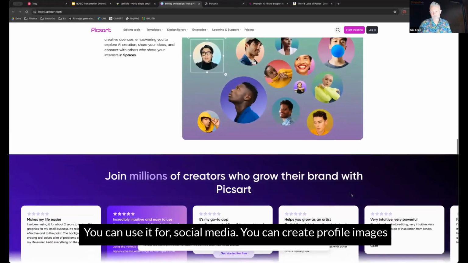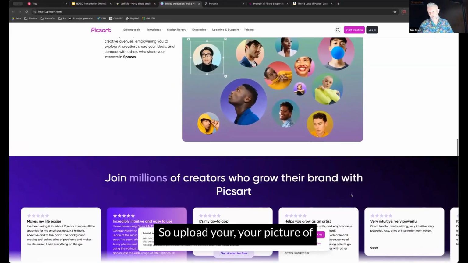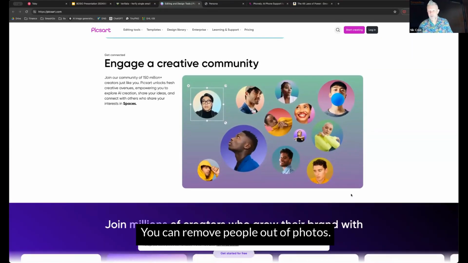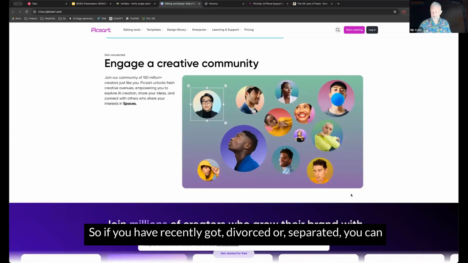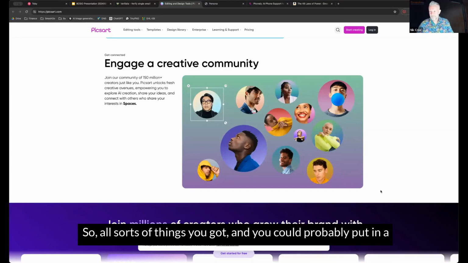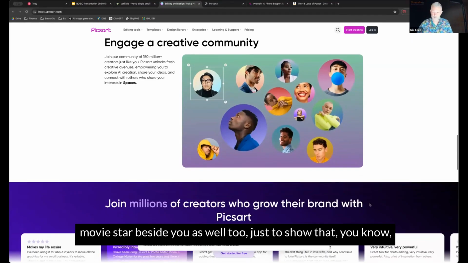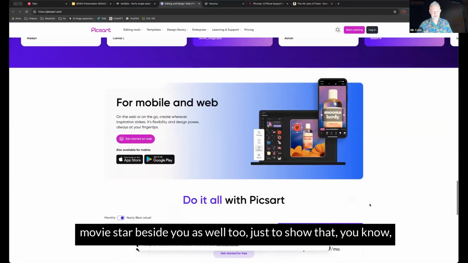You can create profile images out of it. So upload your picture of yourself and create a funky profile. You can remove people out of photos. So if you've recently got divorced or separated, you can remove a partner out of the photo. So all sorts of things. And you could probably put in a movie star beside you as well, just to show that you're well